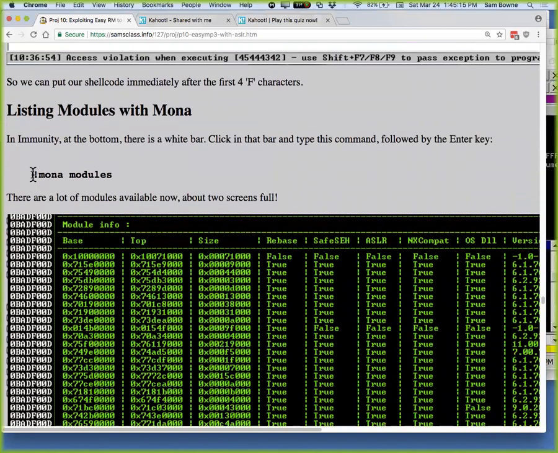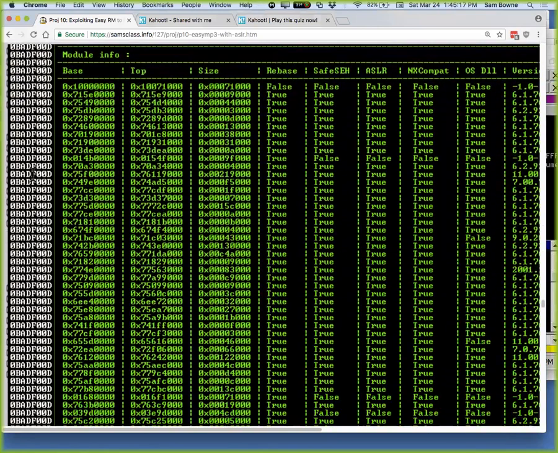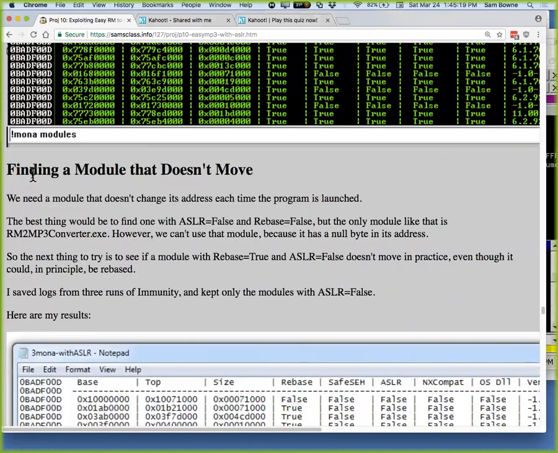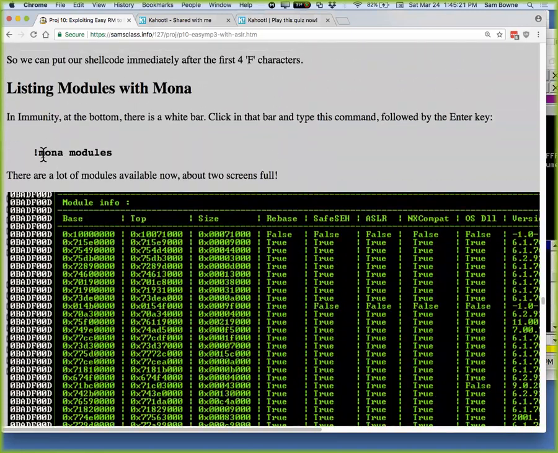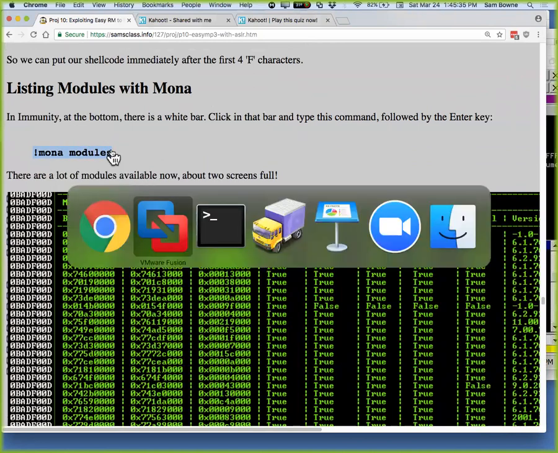Now, the next, you can find a vulnerable module with Mona modules. You want to find a module that doesn't move. Now if everything had address space layout randomization, then we would not be able to find anything to put in there that would work all the time. And we'd have to do something more drastic like keep spraying. But in this case, we can find modules that don't move. So let's start with Mona modules